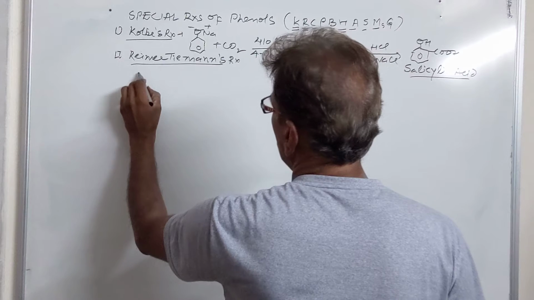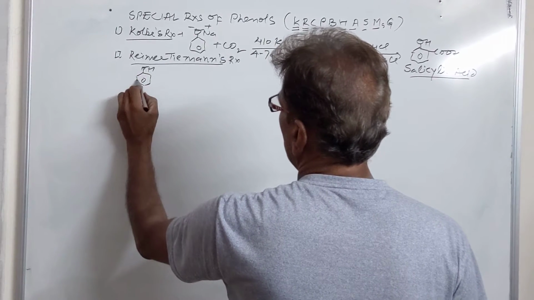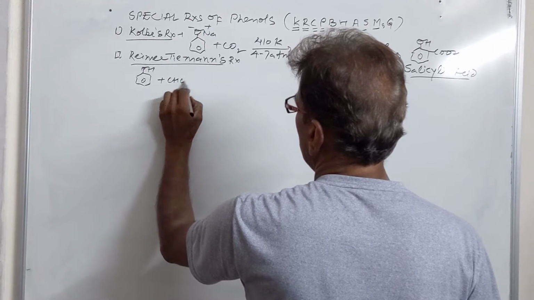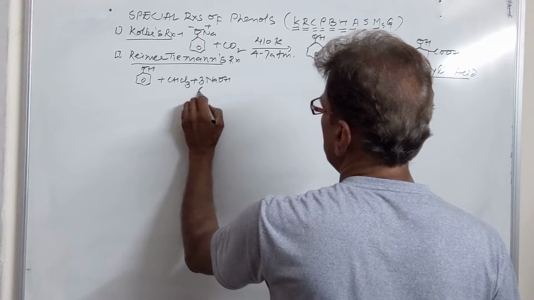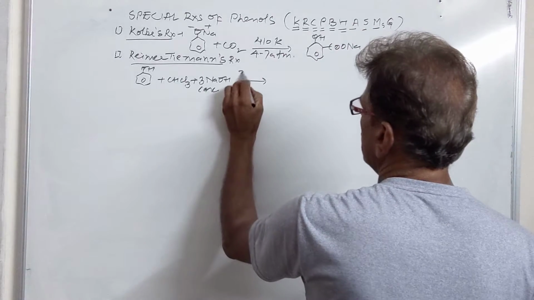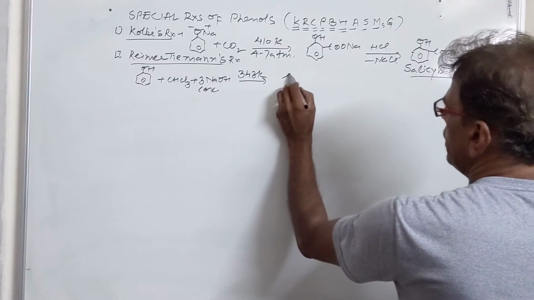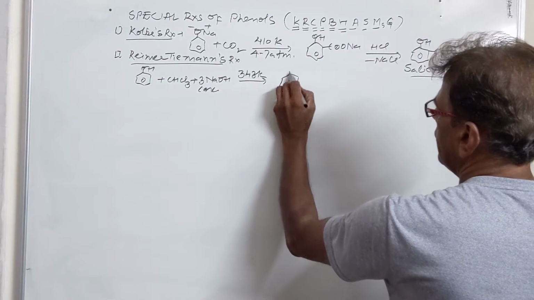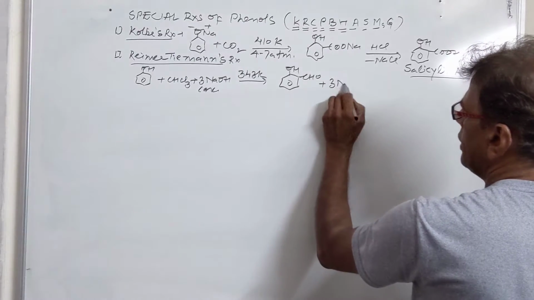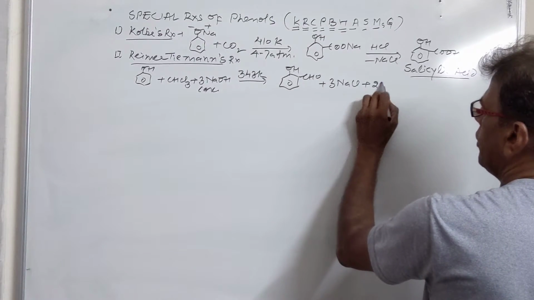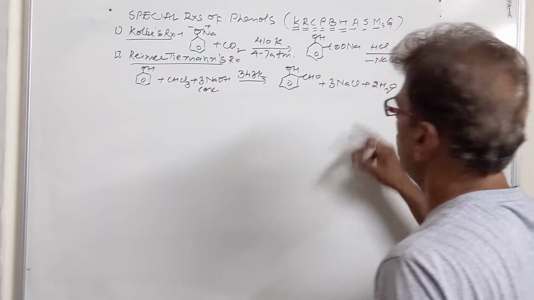In chloroform, we take phenol molecule, heated with chloroform in the presence of 3NaOH concentrated at 343 Kelvin. CH enters in the benzene ring, and we get salicylaldehyde plus 3NaCl, and along with that you get 2 water molecules. We are having 4 oxygen, 2 here, 2 here.